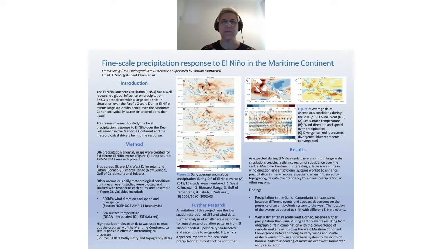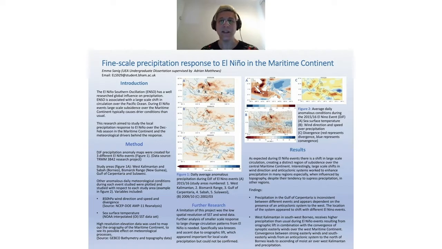Emma, I'm hoping you can explain to us a bit more about figure 2 and tell us a little bit more how that works. So these are just daily anomalous conditions for one event, the 2015-16 El Niño event. So they were calculated by looking at an El Niño event and a La Niña event of similar scale. So it's El Niño minus a La Niña for each meteorological variable. And these were just used to see what was happening in terms of circulation and how this affects precipitation.